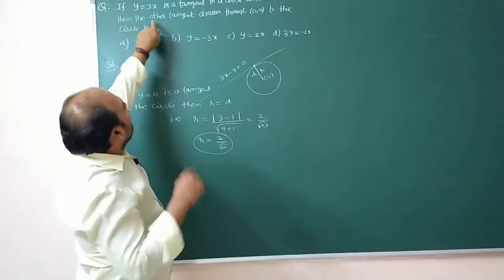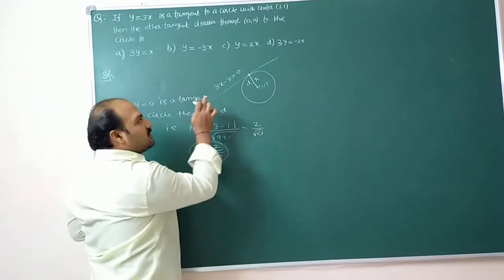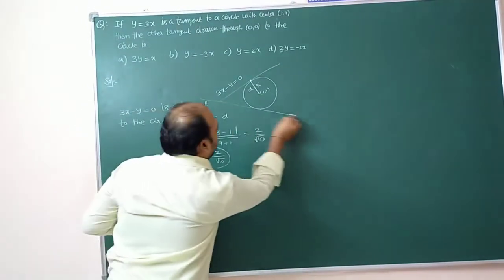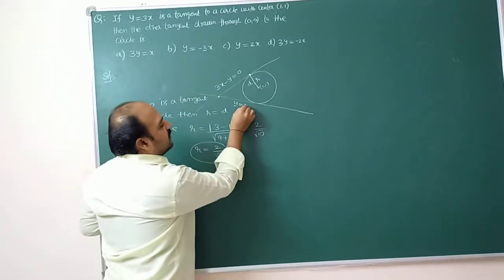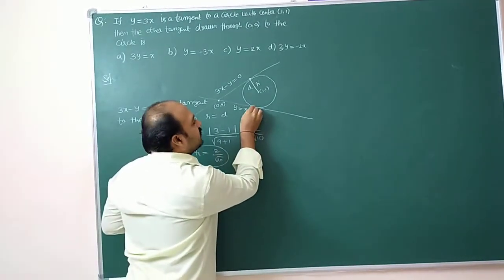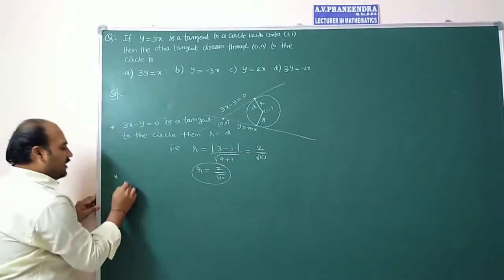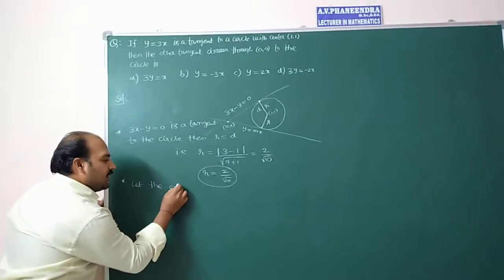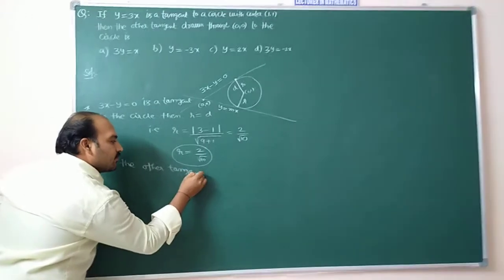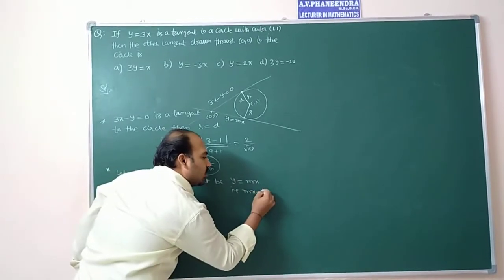Radius value we got. After that, another tangent is drawn through the point (0, 0) to the circle. We observe that 3x minus y is in the form of y is equal to mx. That line is also passing through the origin. Therefore the line y is equal to mx, we are assuming, passes through the origin. This line is also tangent to the circle, so r is equal to d. Here also we have to apply the same. Let the other tangent be y is equal to mx, that is mx minus y equal to 0,